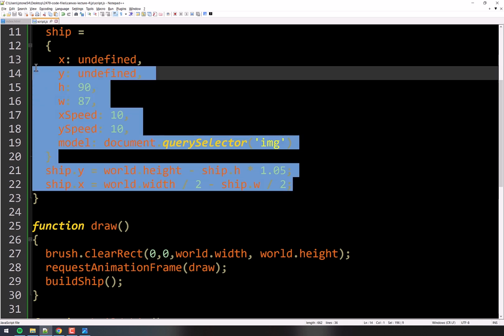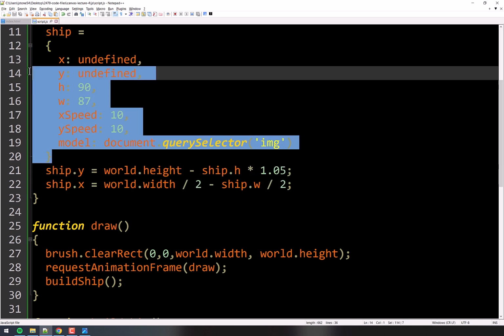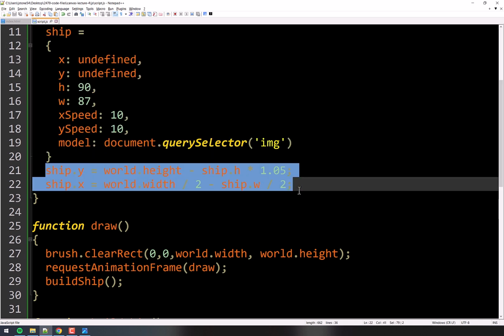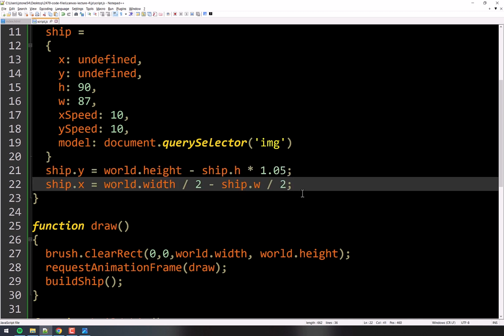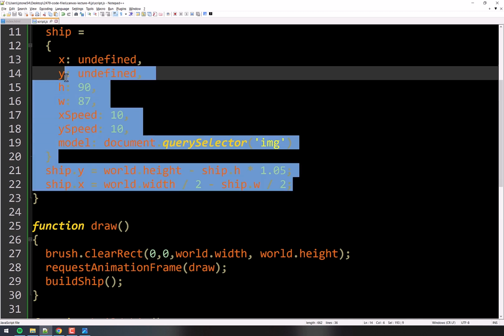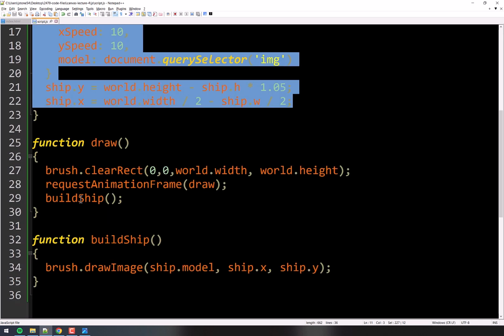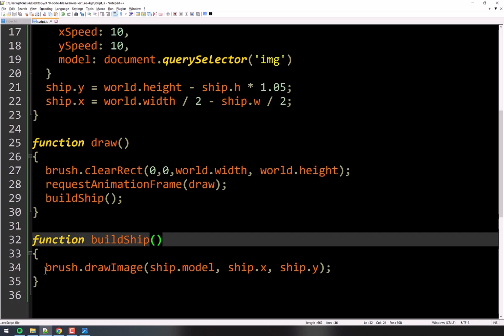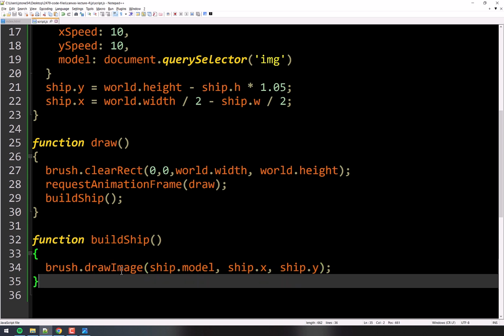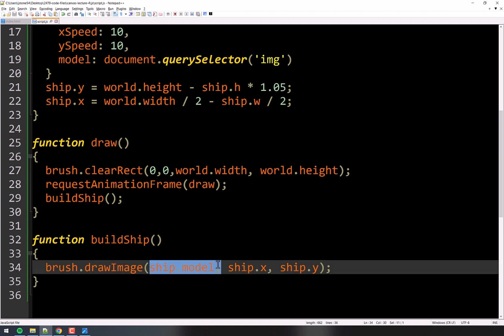And we're building all the components of the ship. We're using the object itself, and we're using the height and the width of the page and everything to position it exactly where we want. And then once we've done all of this stuff in the setup, then the draw function gets called, and in the draw function, we build the ship, which is just one simple thing. Draw image, whatever the image is, and the X position and the Y position of where to put it. The end. Okay, next up, let's draw a rectangle. That will be our home base.